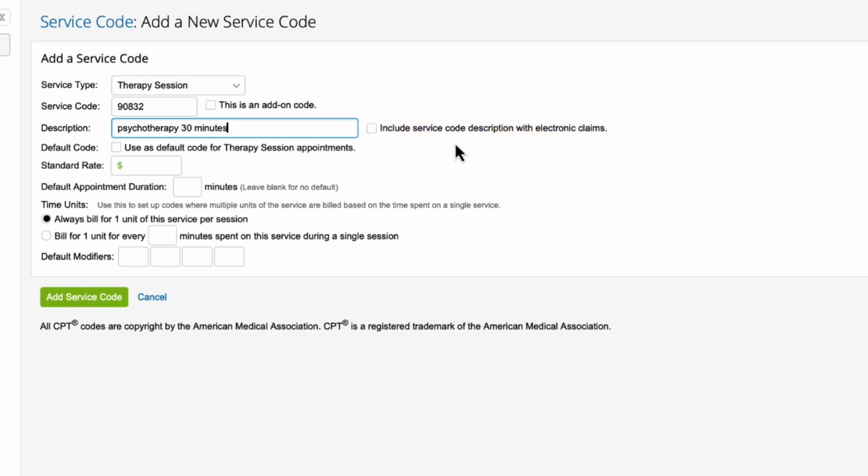If you want this code to be the default code for when you make appointments with this service type, be sure to check the box next to Default Code. Be prepared that if you're using the client portal for scheduling, the default service code you select will determine the appointment's availability. If your service code is typically used for appointments over a similar length, you can enter a default